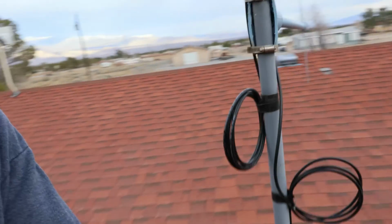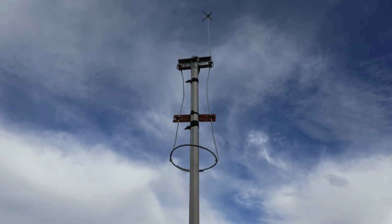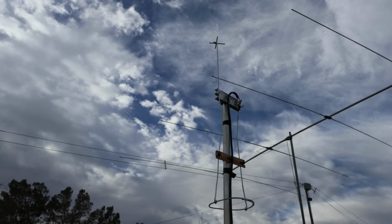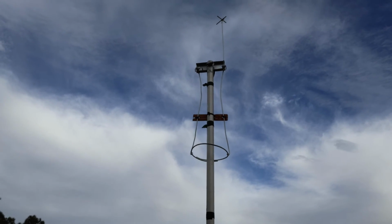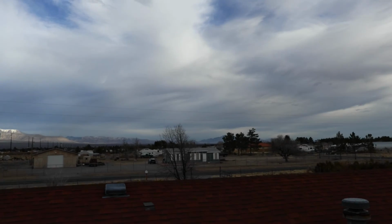So anyway, this antenna has been up for, like I said, about a year, and it's been a great antenna. It's working fabulously. The SWR is still good on it. Signal's good enough. I'm sure there are better VHF antennas that you could buy commercially that would have more gain than this, but this antenna hits the local repeater with no problems, and it's about 40 miles in that direction,